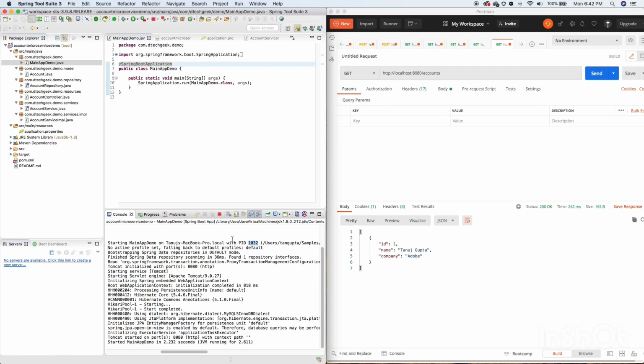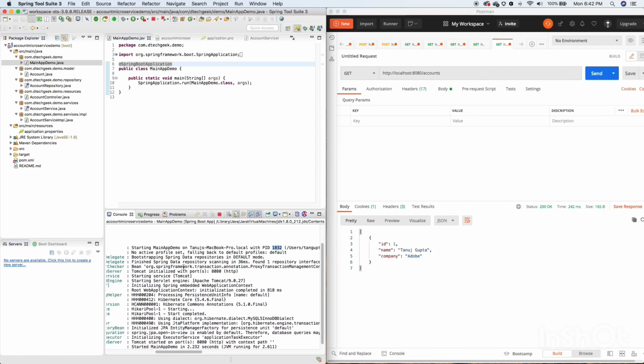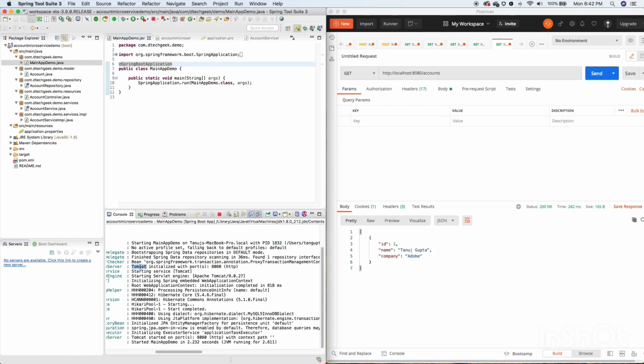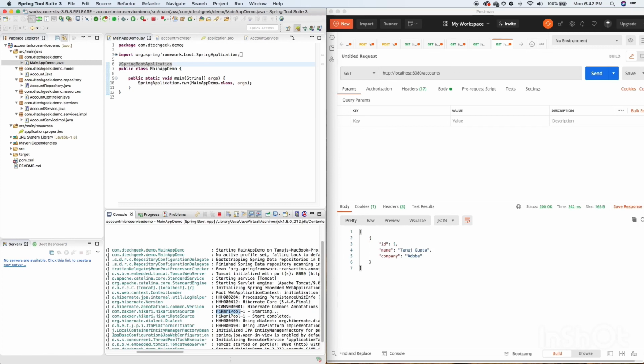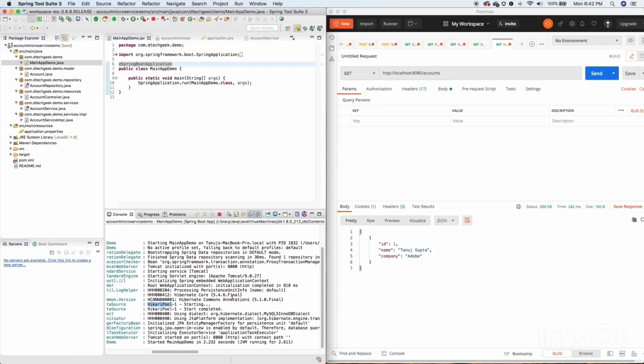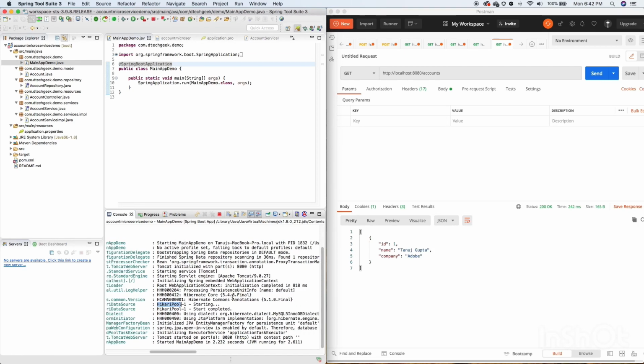You can take the help of this process ID for any kind of purpose. Then you see Tomcat is the default web server, and this is running on port 8080. One more thing you can see is the Hikari pool over here. This is nothing but a connection pooling mechanism, which is lightweight and better performing. So that's all in terms of starting the application.